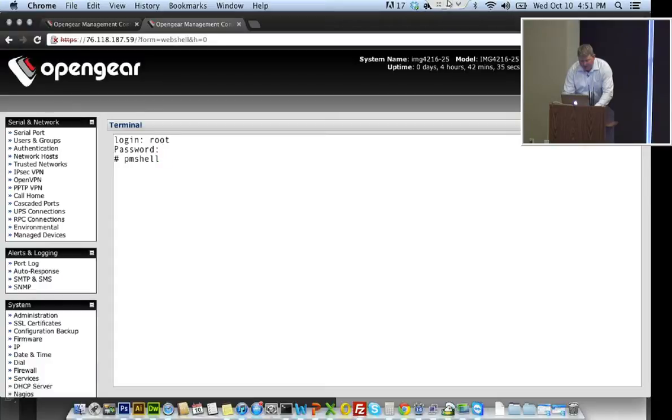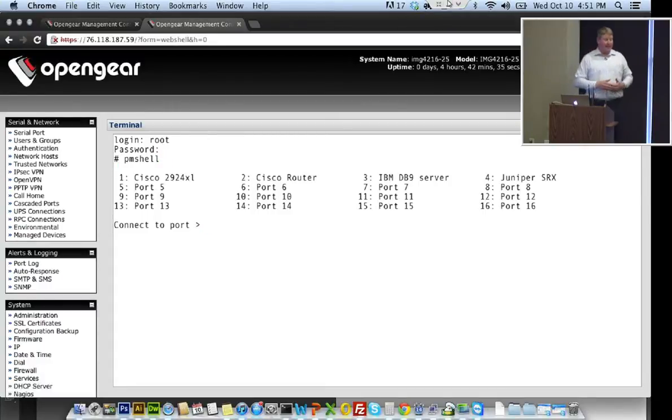I'm just going to type it in here. They'll see the ports that they can connect to, and that's it. So they get access. Here's a menu. Click on the device, click ~M to get back to the menu again, and that's what you see. So, on the serial port setup page,